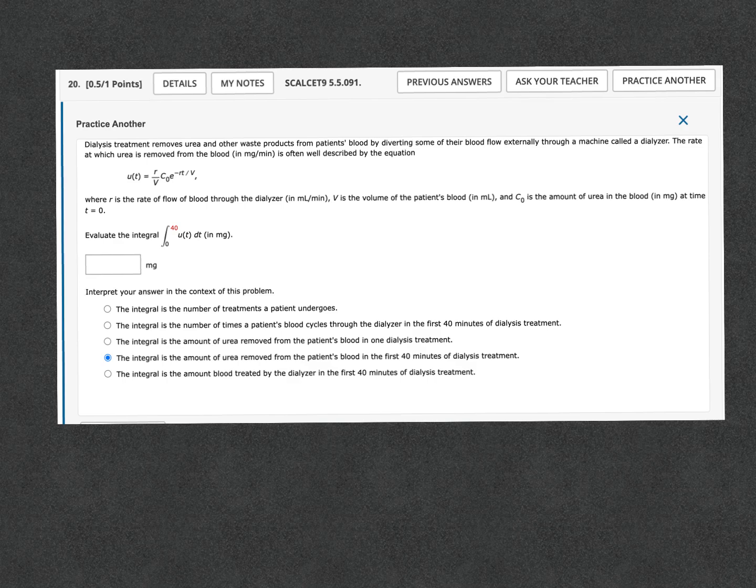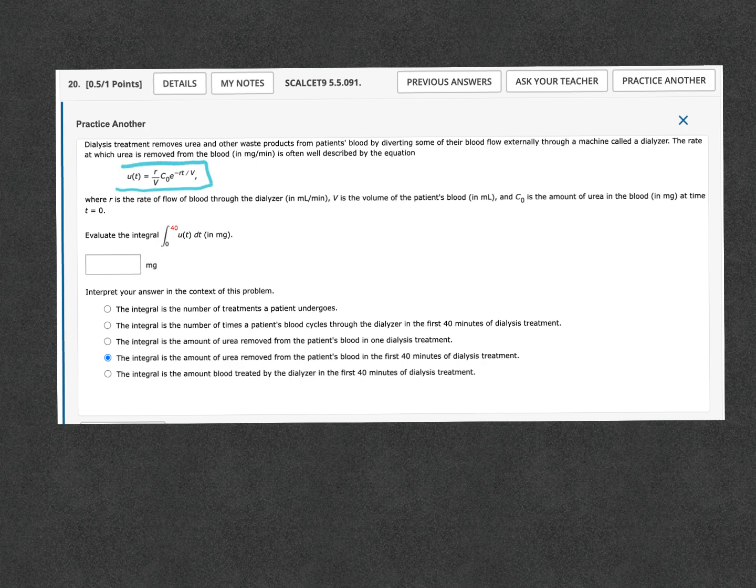This is one of the problems in 5.5, and it says dialysis treatment removes urea and other waste products from the patient's blood by diverting some of their blood flow externally through a machine called the dialyzer. The rate at which the urea is removed from the blood in milligrams per minute is often described well by the equation